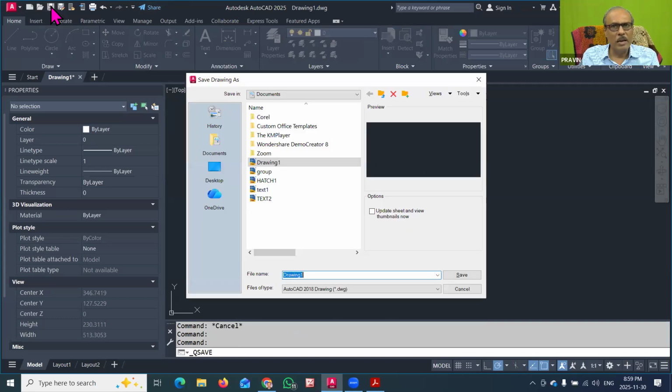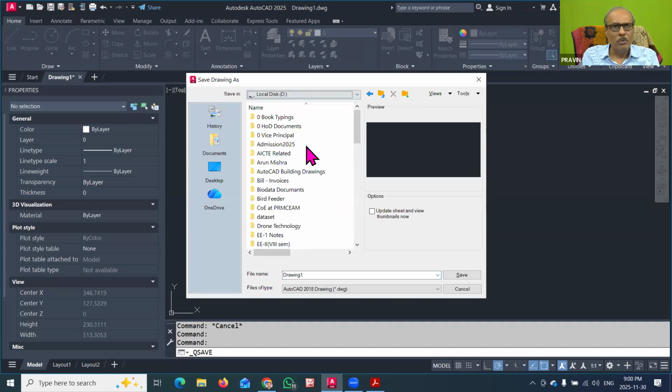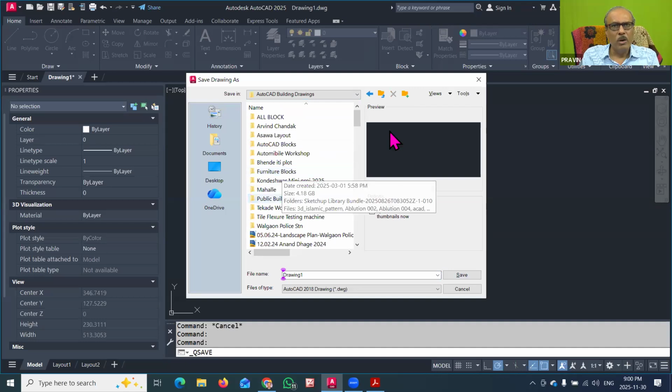Now always we have to save our drawing to our AutoCAD folder. We have already seen that on the D drive we always create one folder named AutoCAD drawing or AutoCAD building drawings. Open this folder, and in this folder we give the proper name to our drawing.